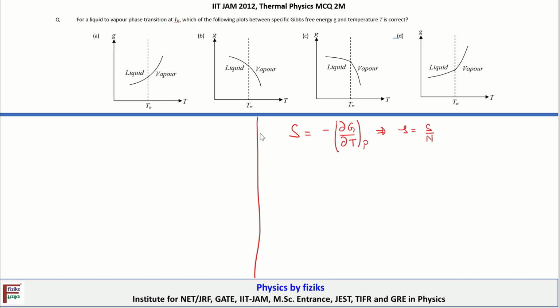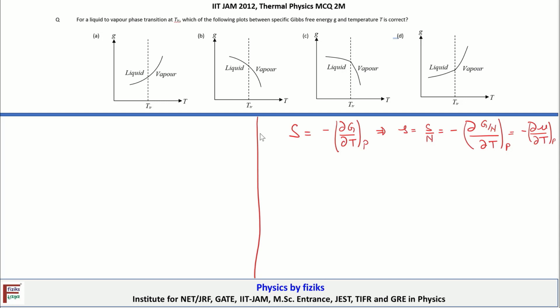Then the relationship turns out to be s equal to minus d(G/N) by dT at constant pressure. Now this G by N parameter, we can rewrite as minus d mu by dT, where mu is the chemical potential,